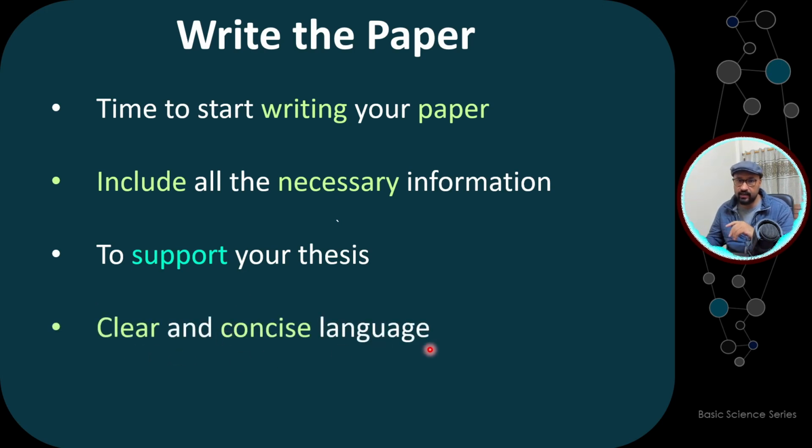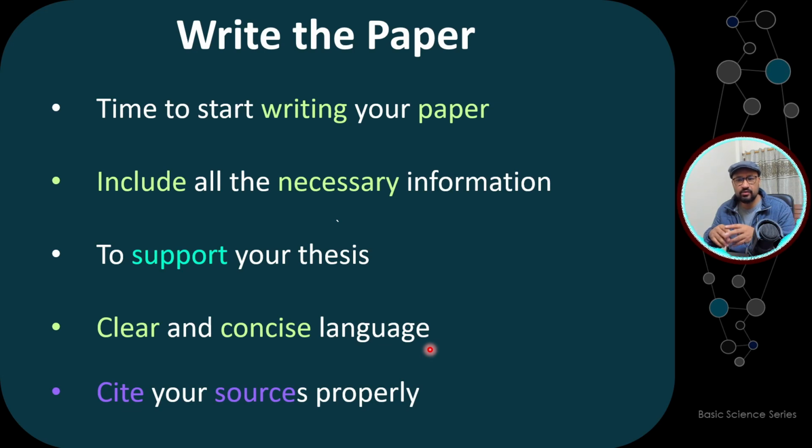Clear and concise language is very, very important. Sometimes we try to add so many sentences and join them all together. It's not a good idea. You need to put all those things in short, crisp, and concise sentences. Not very short sentences, but you don't want the reader to lose the flow. If you have long sentences, you're going to lose that flow. So you need to use clear language and also concise language.